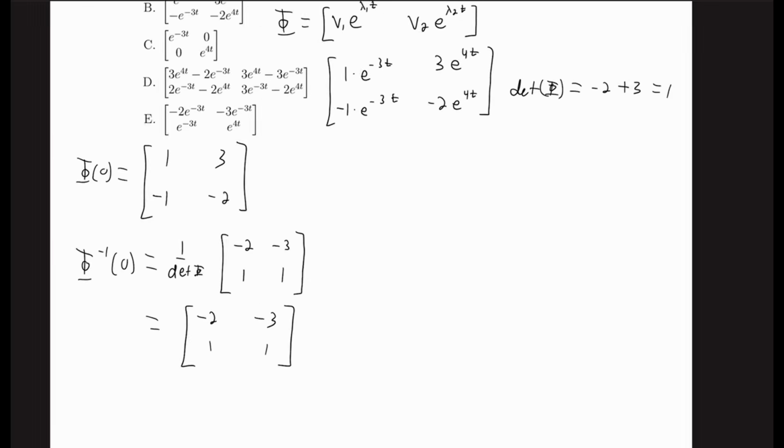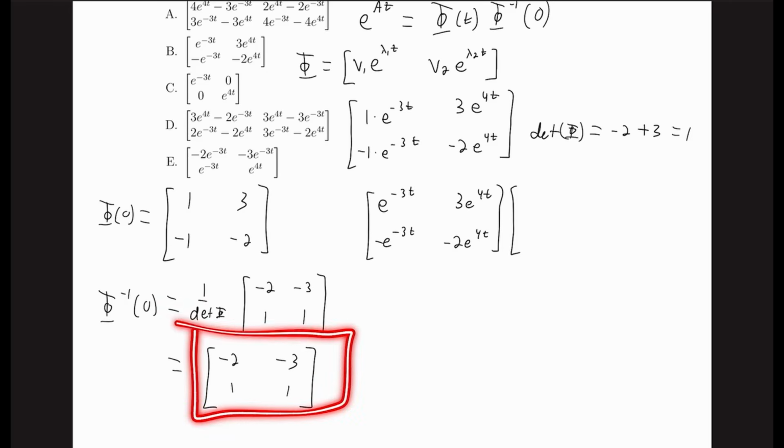We can go ahead now and move this out of our way, and we can multiply these matrices out. So we have Φ of t, so that is this matrix. I'm just going to copy it down and simplify a little bit. e to the negative 3t, 3e to the 4t, negative e to the negative 3t, negative 2e to the 4t. And we're going to multiply that by our inverse at t equals 0. So that times negative 2, negative 3, 1, 1. When we do our matrix multiplication,